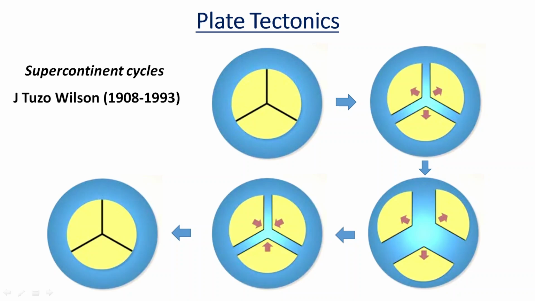The age of this oceanic lithosphere is more or less around 250 million years. It is never more than 215 million years. At times it is even as low as 180 million years, but dominantly they are above 200 million years till 250 million years. So, Wilson proposed that if the oldest oceanic floor lithosphere is of 250 million years, then it is possible that the first supercontinent that formed